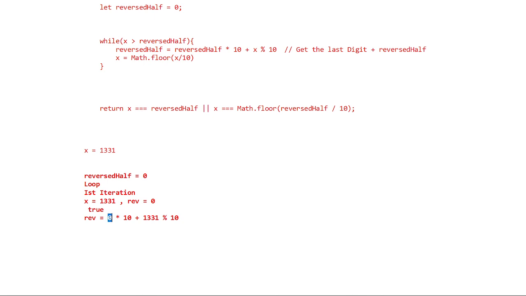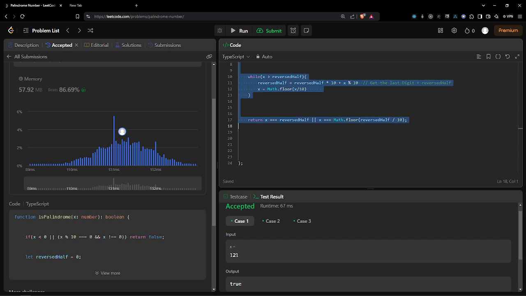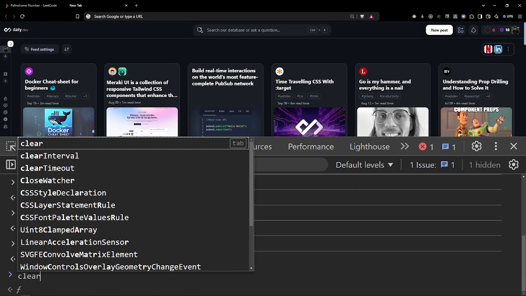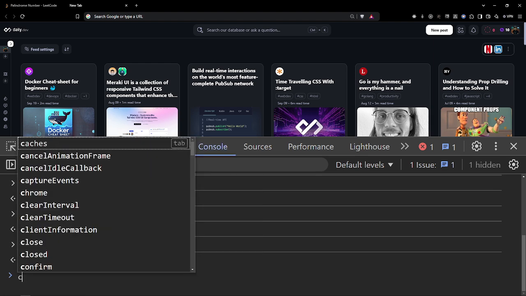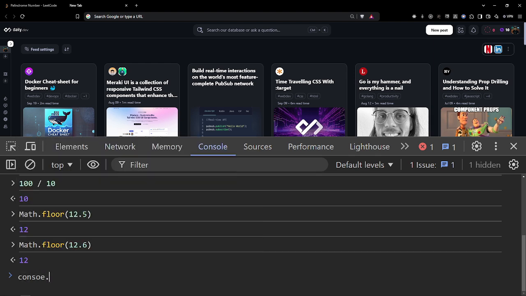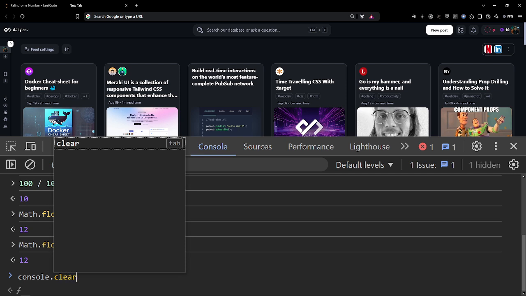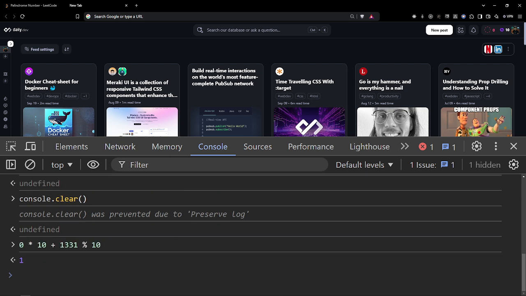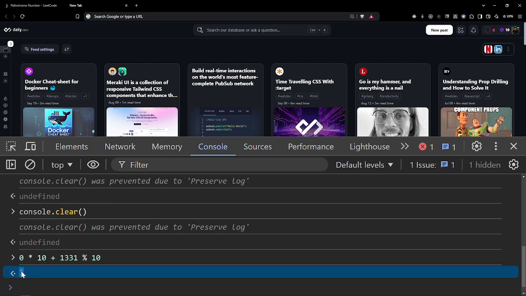If I copy and paste this into our developer tools console, it is going to give us 1.